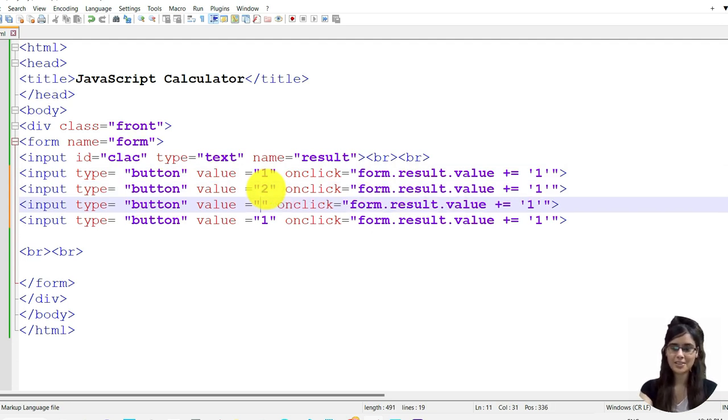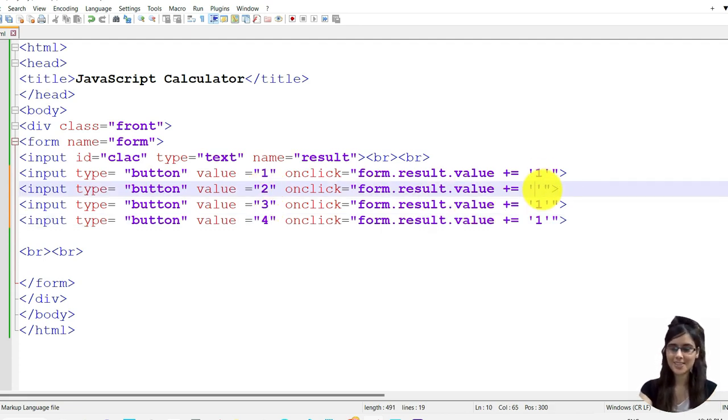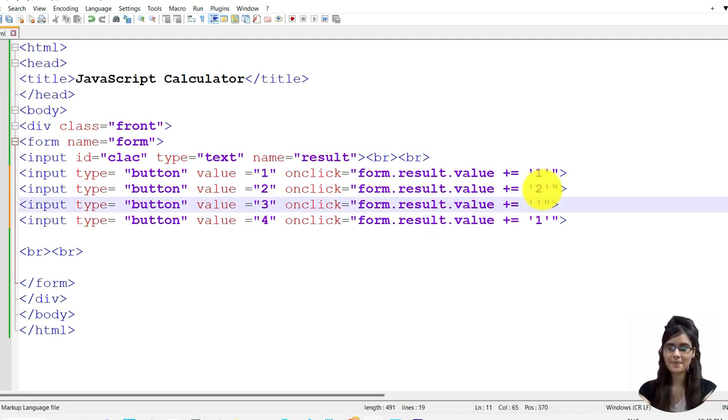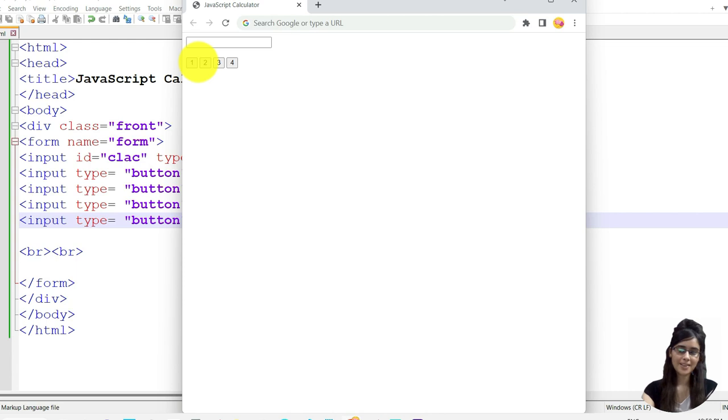Just change the digit value, and again here we will just change the digit value 3, 4. Save the file, refresh, and now you can see here we have 4 buttons, 1, 2, 3, 4. When user will enter the button, it will display the value.